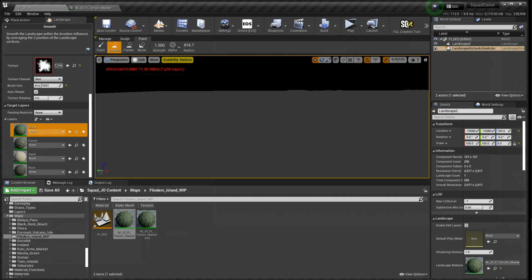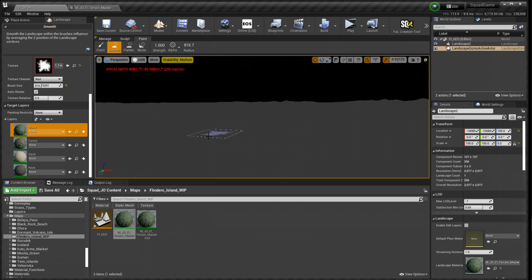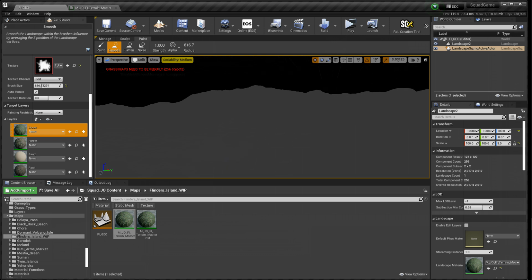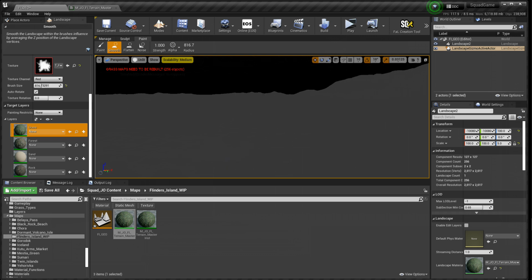We still don't have anything on here because we still don't have any masking. So the next thing we need to do after we've applied that material and set it up is create the layer infos. The layer infos contain the physics data for the material, so the basic physics material, and they are also the new landscape masks that will be modified and edited by you when you repaint the layer